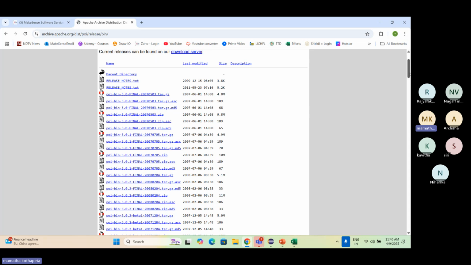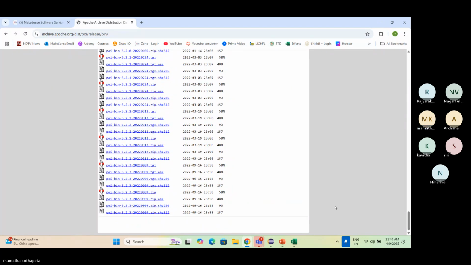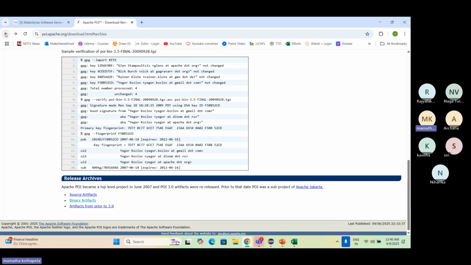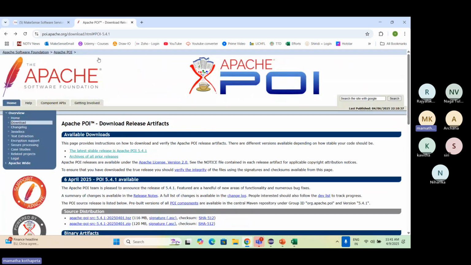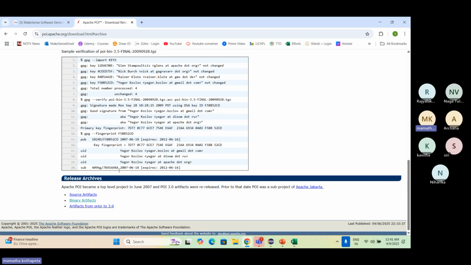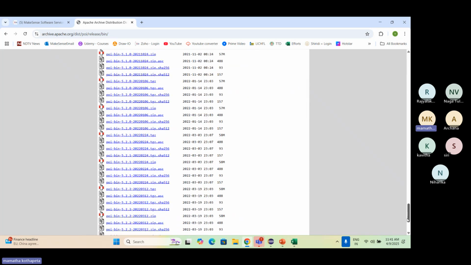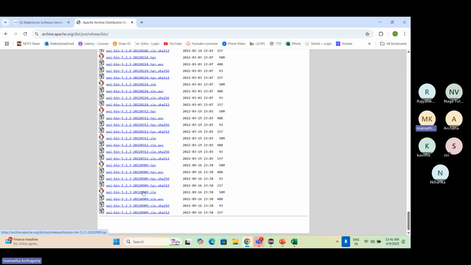Now it has a lot of versions. Come down to the latest version. See here, poi-bin-5.2.3 zip. Always download this zip format and bin. If you are confused, I'll come from here. On this web page, 5.4.1 is the latest one, that's fine. Or you can see the archive for all previous releases. Click on that, come to binary artifacts, not the source artifacts. Come down. The list is in ascending order, small to big. This is the highest number, 5.2.3. Once you click on this,